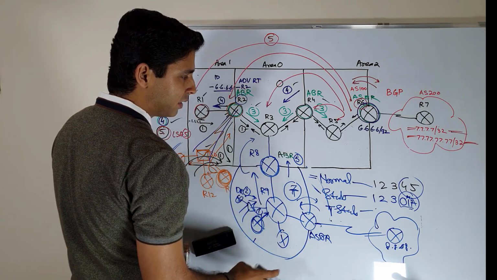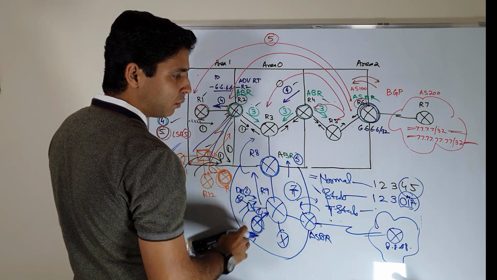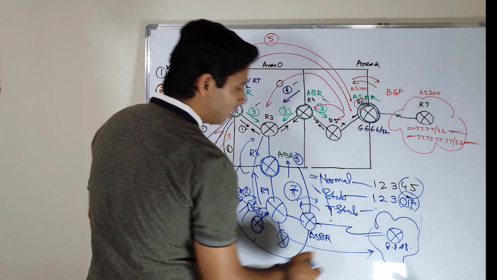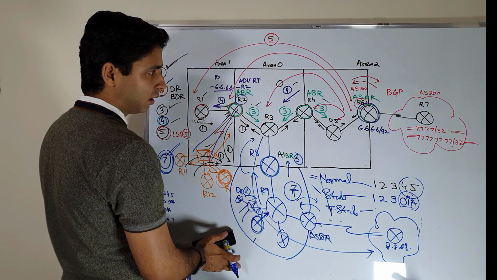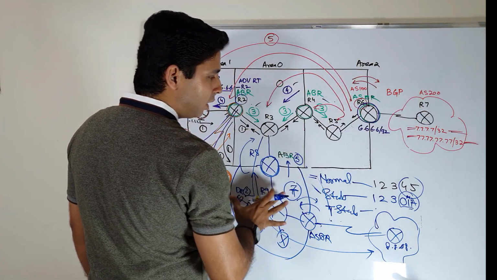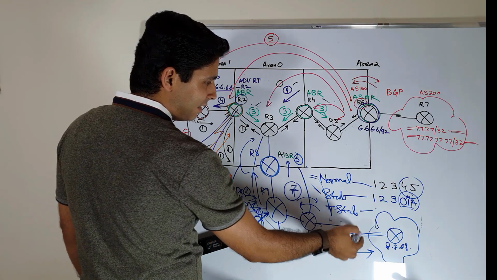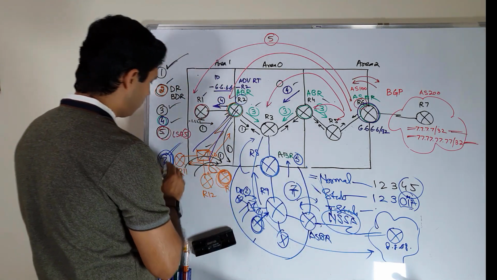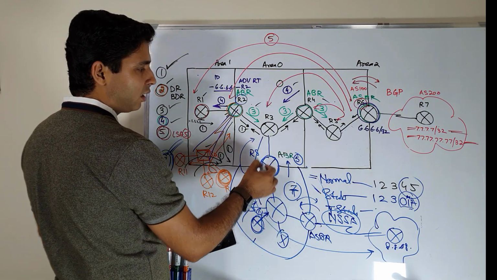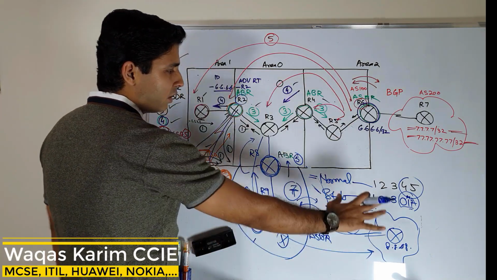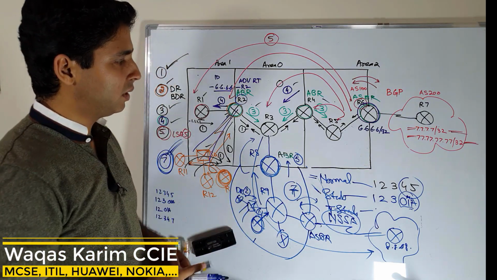Stub means you cannot transit, but this is a special type of stub, not-so-stubby, that this router can still reach the external world through this stub area. They can still reach through normal areas, but stub was not allowed previously, but this NSSA type allows us to pass through. So this is the concept of type 7 LSA. When they reach our internal ABR, they are converted to type 5 so that all other routers can reach that side as well. So this is basically the summary.